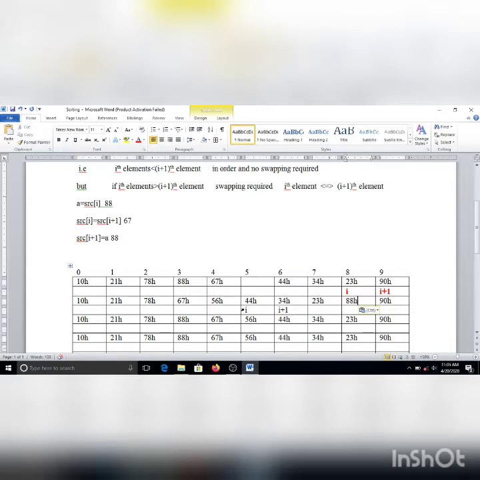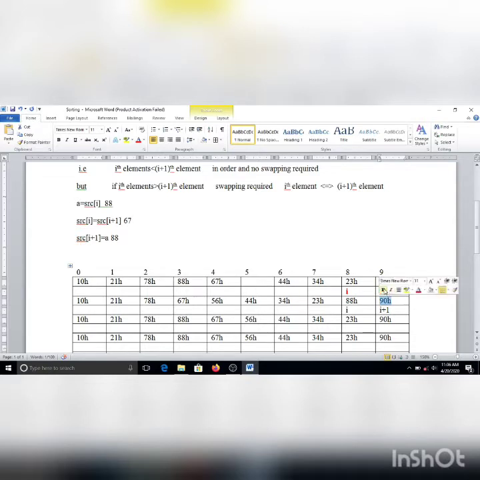So at this point I and I plus 1 will be here. This will be the max location of my I, that is 8, and I plus 1 will point to the very last location of my array. Here 88 is smaller than 90, so no swapping is required. After the first pass I am getting the largest element at the last position of my array.